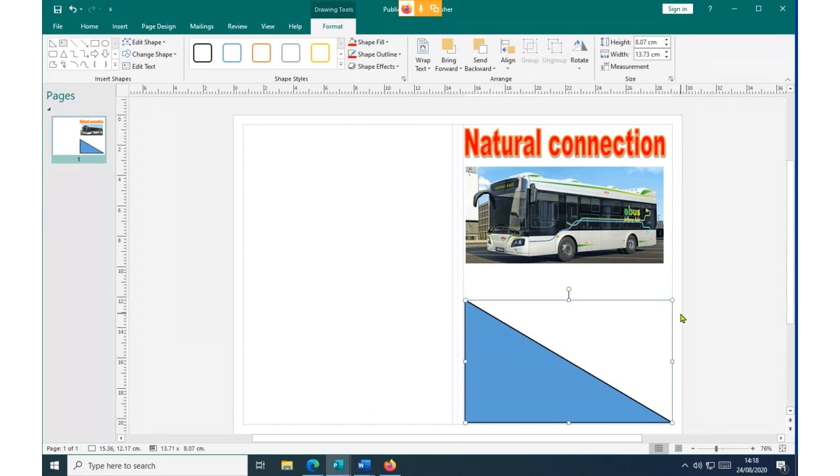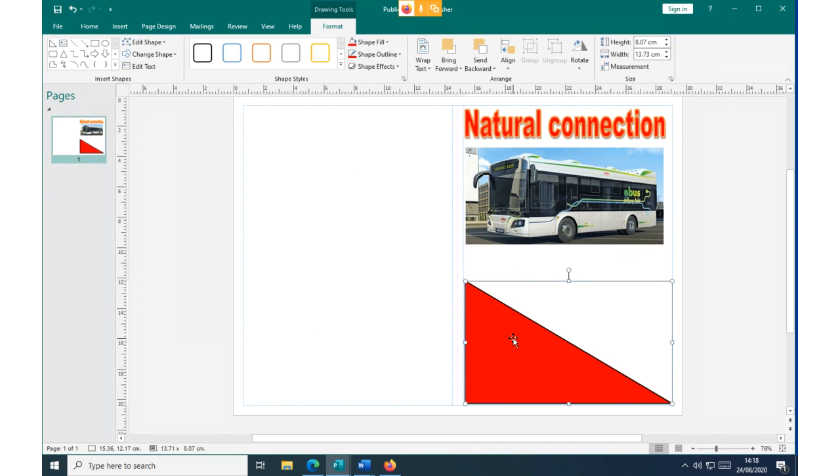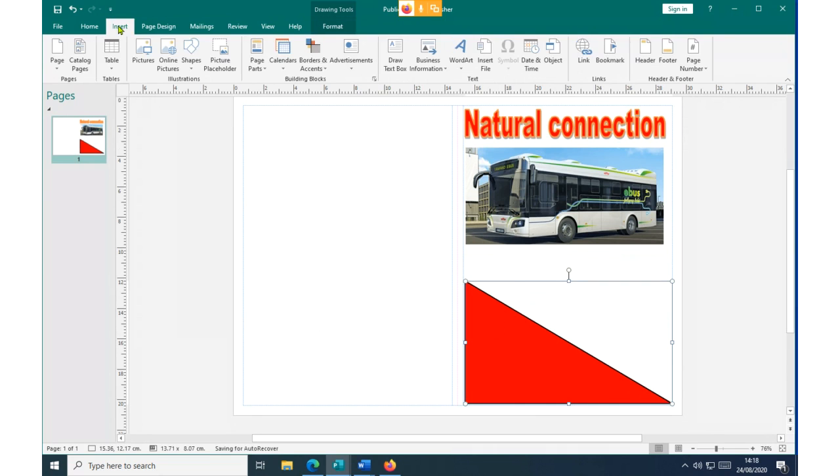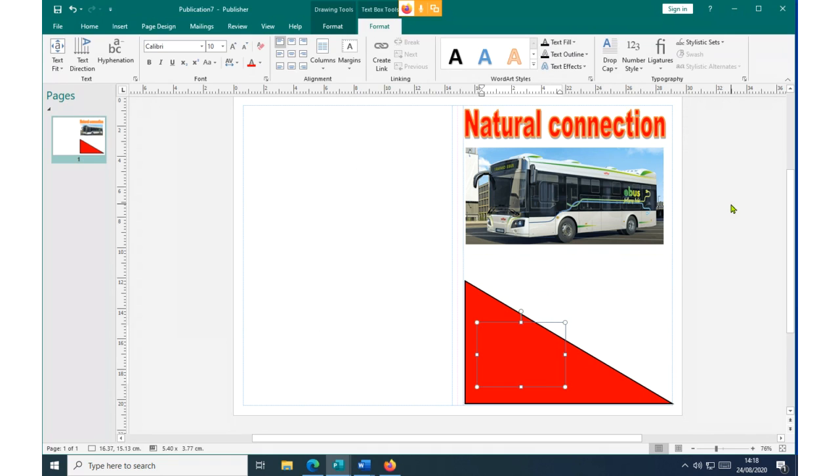Then I'll still affect it. You can see on the side of formatting, I can affect it. I want to put some color here, maybe to reflect this. I put the red color. Then inside here, I'm going to put, let's say, a text box and type some content. I simply click on the command Insert, then I pick the Draw Text Box. I click on it and then I drag it proportionally inside here. Then I can type what I want.